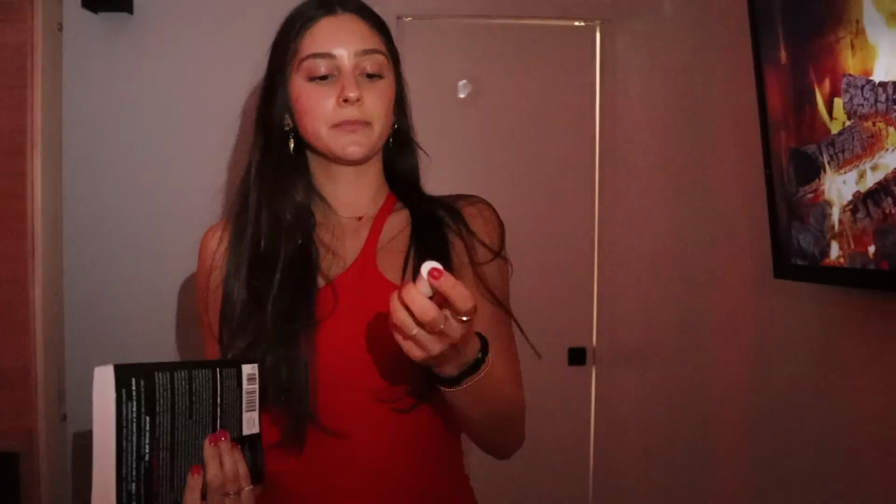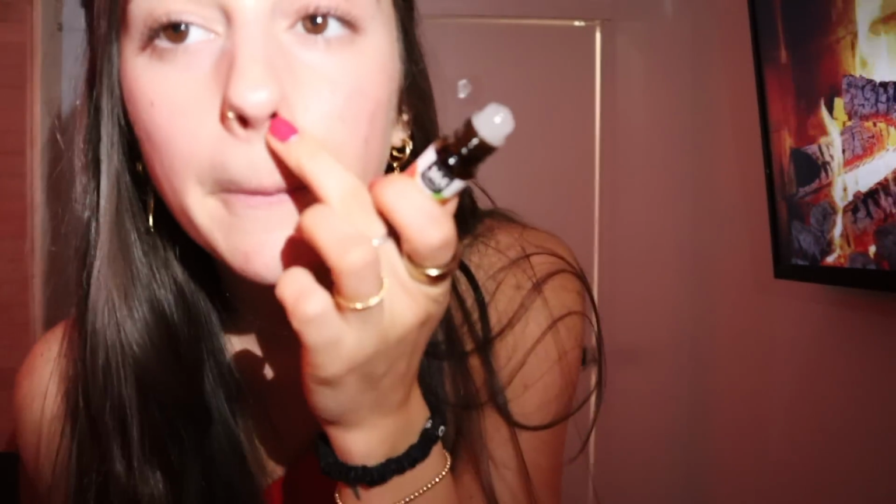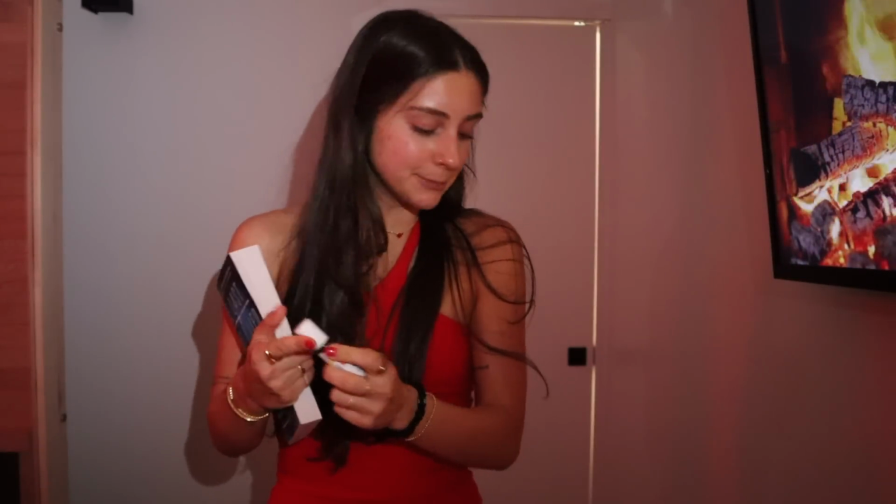Class was good. I'm going to sauna now, and sauna necessities are my book, some essential oils. I'm gonna do this uplifting citrus one, and I usually will roll it on right here on my nose and then just sniff it while I'm in there. It just smells so good. And then of course my water,